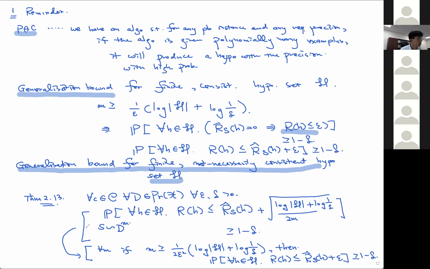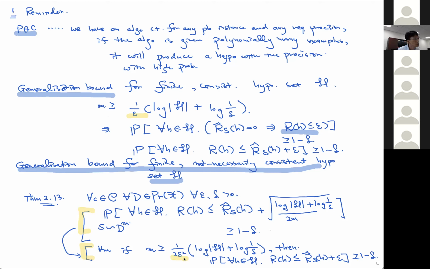We can just replace the marked one above with the marked one below. So just replacing this part and this part, these two things become equivalent statements. Now, once you do this replacement, you can compare what's going on here with the simpler case where we have a finite consistent hypothesis set. If you compare the two statements, the only difference is the sample lower bound. In one case, we have 1 over epsilon and the rest,